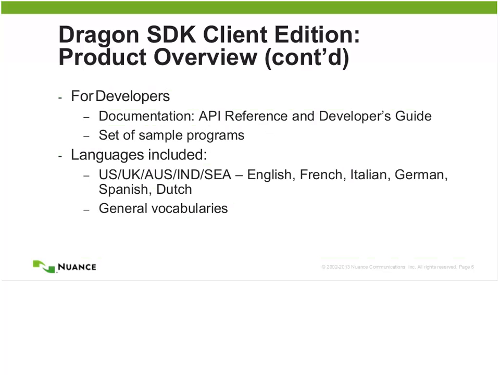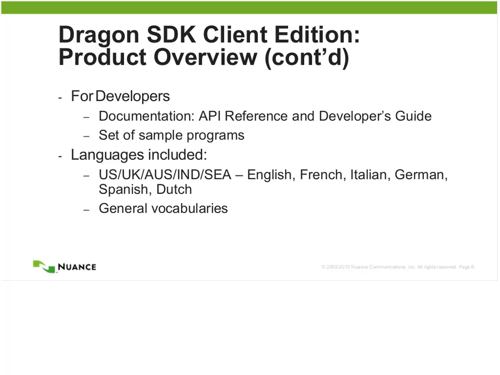So for the SDK client edition, we have specific documentation related to the client. So we have the API reference containing all the methods and events that can be used to basically integrate speech recognition. And we also have a developer's guide specific for this edition of the SDK. We have also a set of sample programs that demonstrate how to use the interfaces to accomplish the different recognition tasks. And basically, the SDK Client Edition package includes,